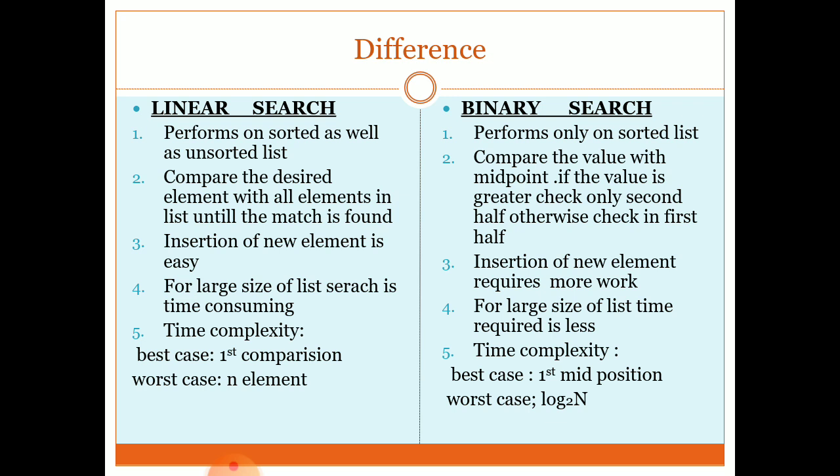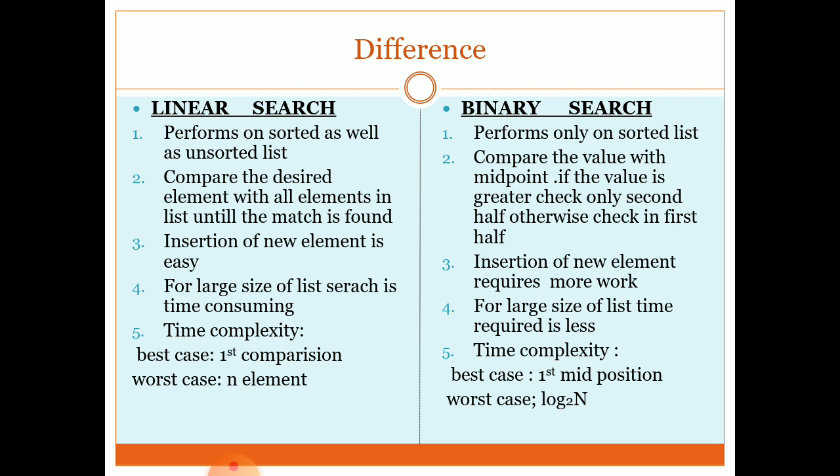Now linear search is quite a time consuming process when there is a large number of elements in the list, because here we check the element one by one. So consider if my list has 100 or 200 elements, and the element is present at the last, 200th position. I have to check first, second, third, fourth, like that until I reach 200. So when there is a large list, linear search is quite an inefficient method.